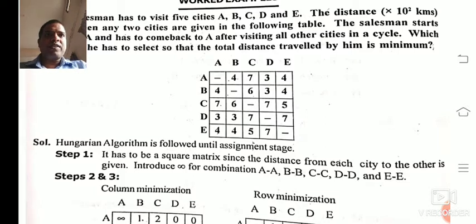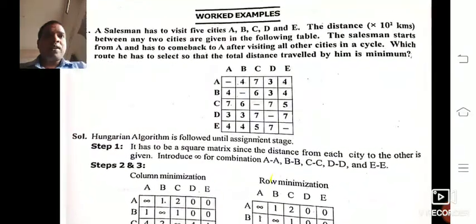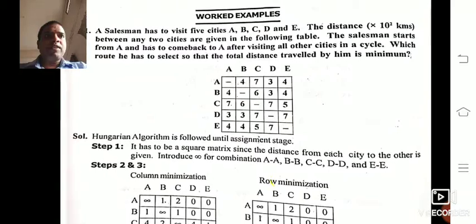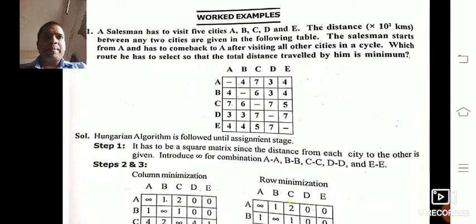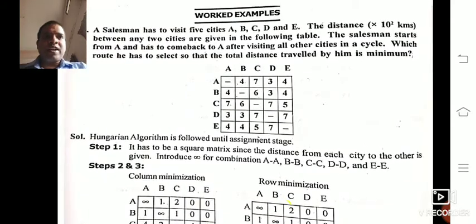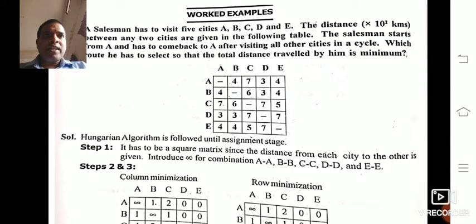The salesman starts from A and has to come back to A after visiting all other cities in a cycle. Which route has to be selected so that the total distance traveled by him is minimum? He can start with city A, visit all the cities, and then come back to city A again.